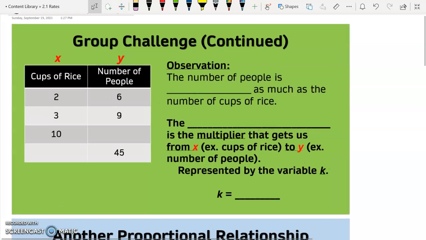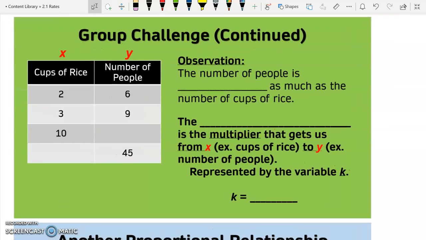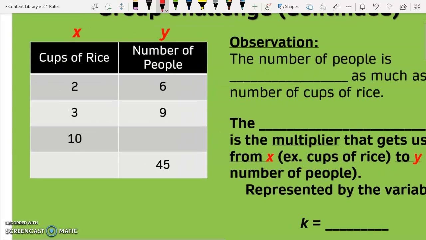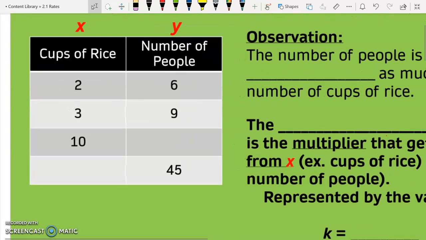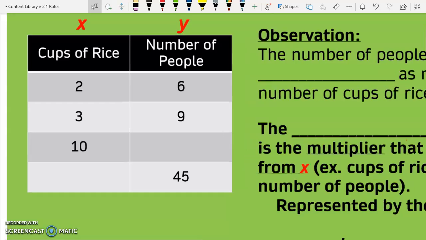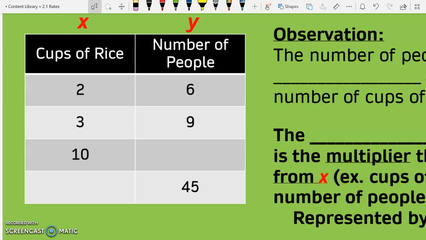So we are going to get started on the green slide, which continues our warm-up today that we were talking about, rice versus the number of people that it'll feed. So what we are going to do is take a look at how we could quickly fill in these different blocks that are missing, right? So again, today's warm-up, we had talked a little bit about a way to do this, but let's start looking for a pattern, right? So if we just look at the ratio 2 to 6,